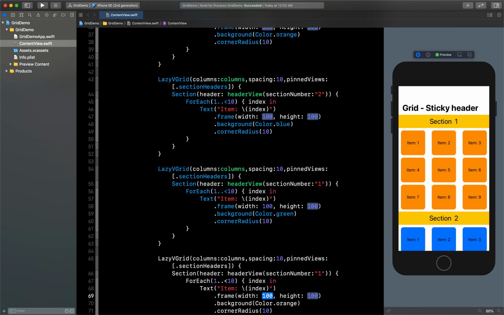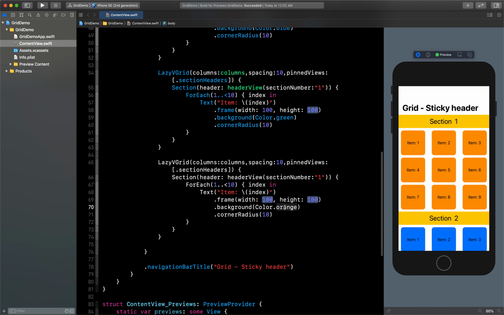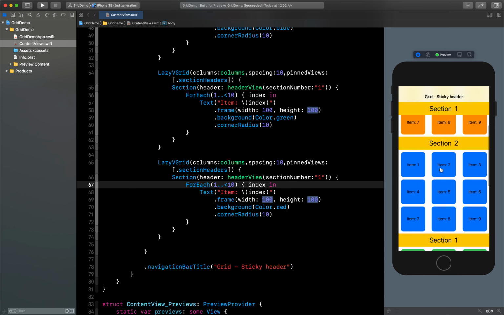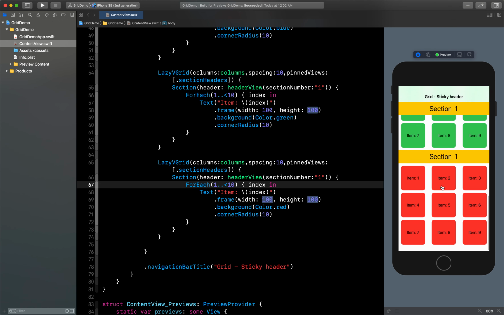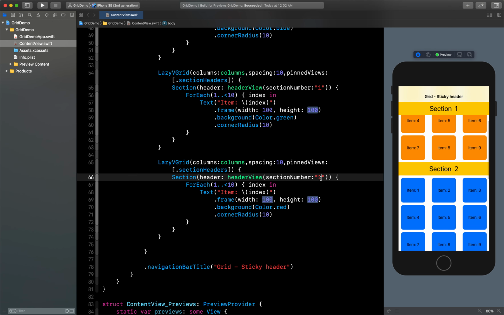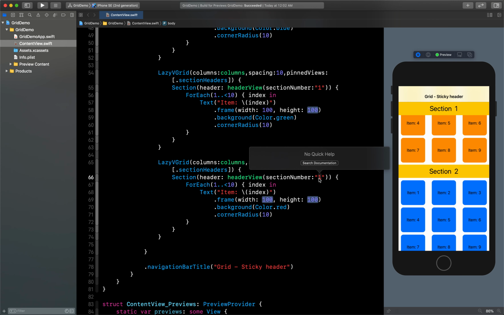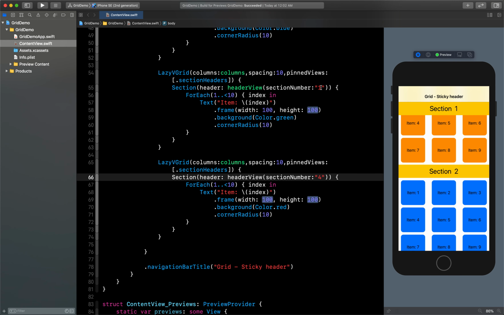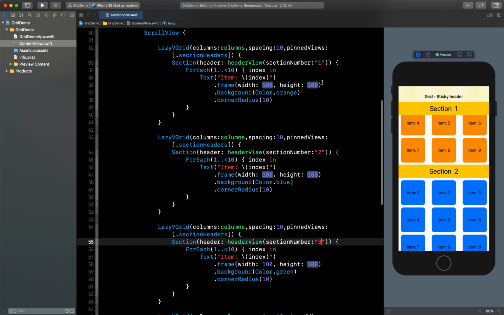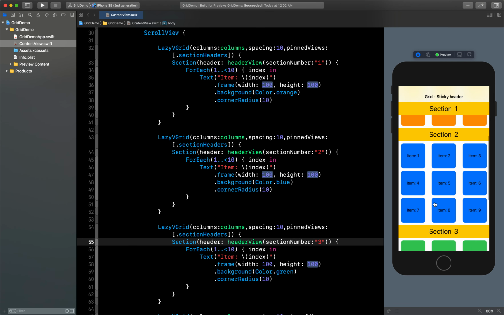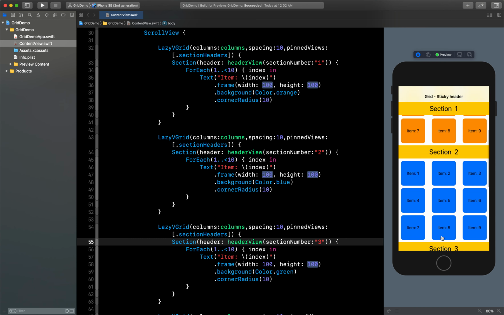And the last one is red. Now let's see, and you can see it's working fine. I just need to change these sections. So last one will be 4 and this will be 3. Okay, so let's see. Okay, it's reflecting fine and it's working fine also.